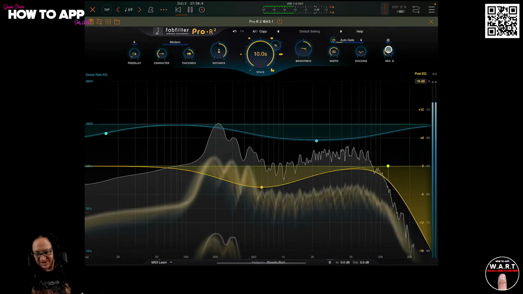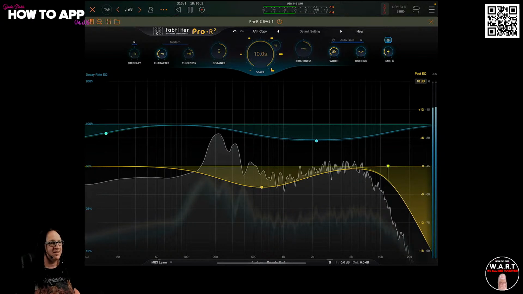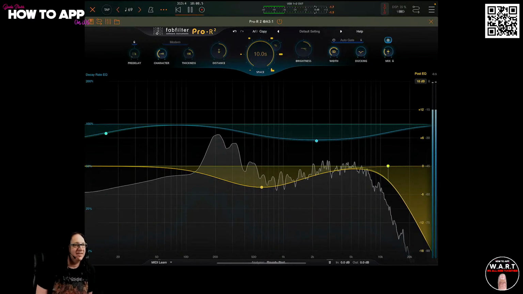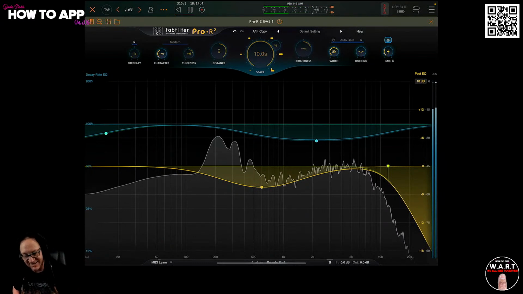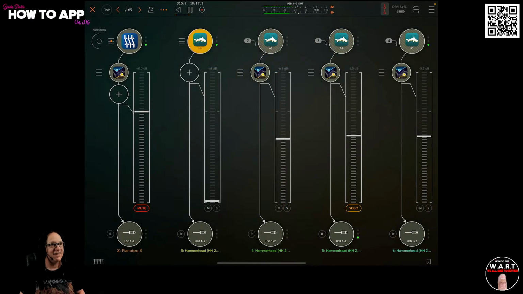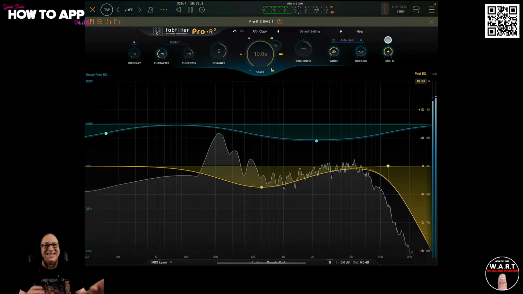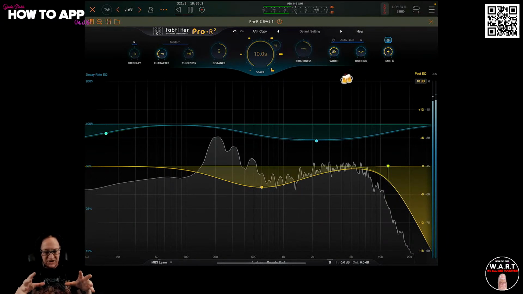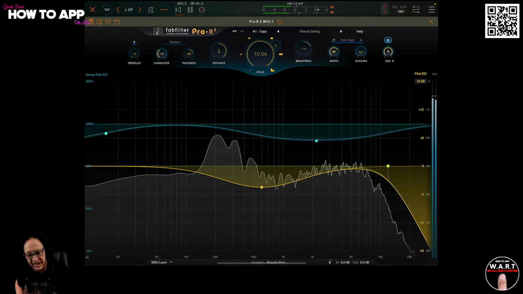Now, I haven't even touched on the freeze button yet. Hi, Barry and Sunshine. So now listen to that. Our snare has almost become a drum roll of reverb. You can do some sick stuff with this app. And all I did was hit the freeze button. And what the freeze button does is it takes a snapshot of that reverb at that time and then leaves it going. It just freezes it. So if we bring our snare back in,